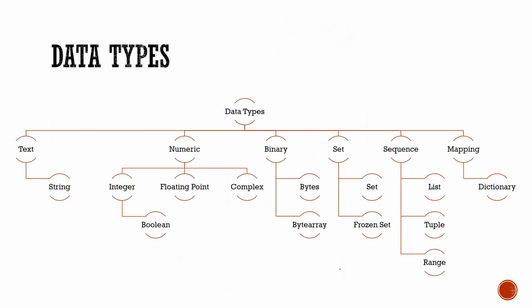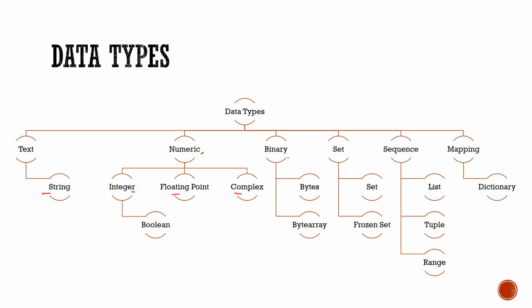Now moving on towards the different data types in Python. In Python, we basically have 14 default data types, which we classify broadly into certain sets. The first one is string, which belongs to the text type. Next is integer, which has two parts: signed integer and boolean. Next we have the decimal form, known as floating point. After that we have the complex form, which contains imaginary and real numbers. I think all of you have studied complex numbers. All of these fall in the category of numeric.